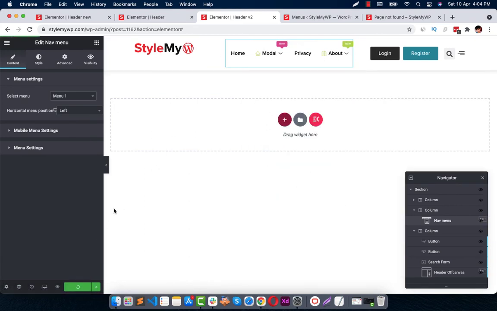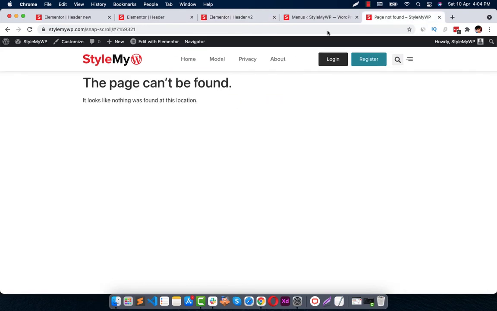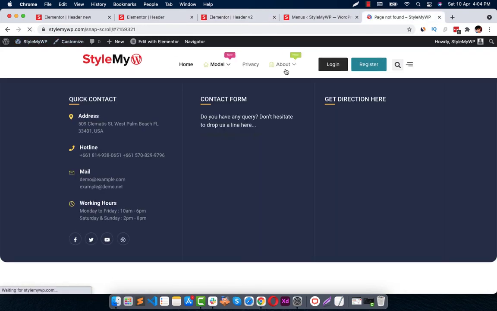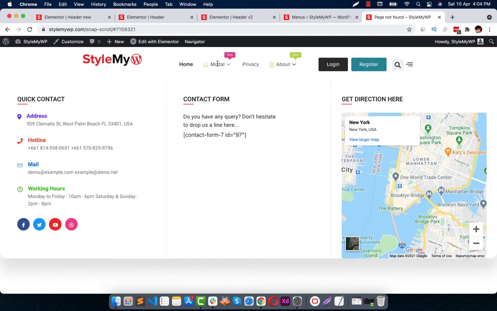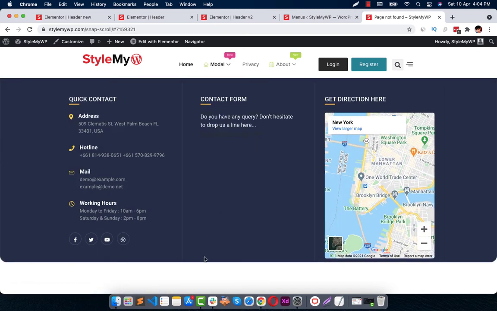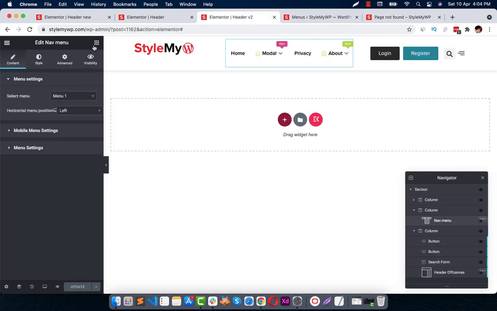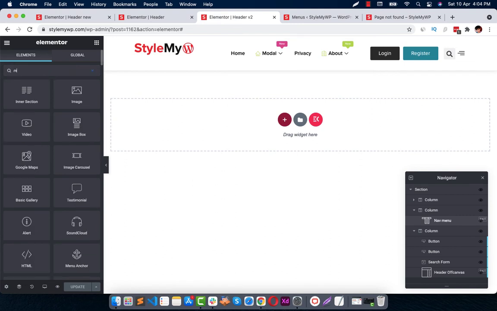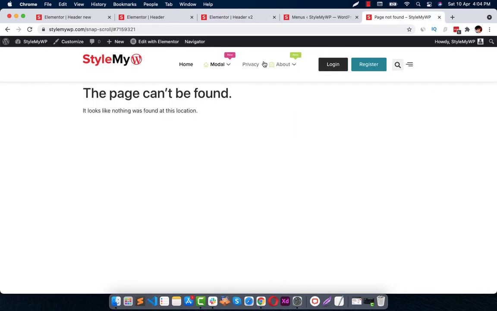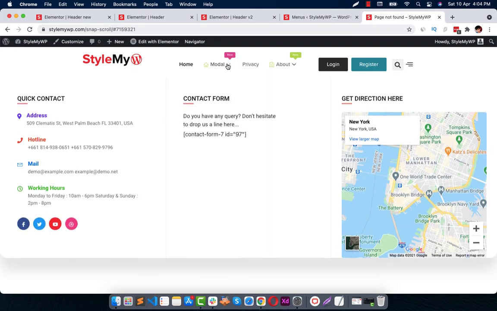Right, so now when you refresh this page, you can notice this. Wonderful. So you need to make sure that you are using the right widget. There are more widgets for menu, but you have to make sure that you are not using this nav menu but this nav menu from Elements Kit, right? So it will show you something like this.